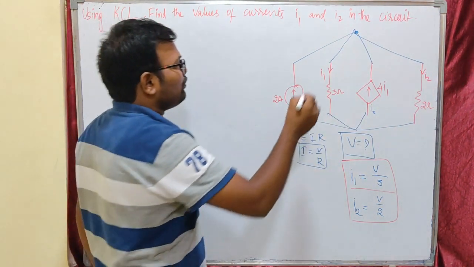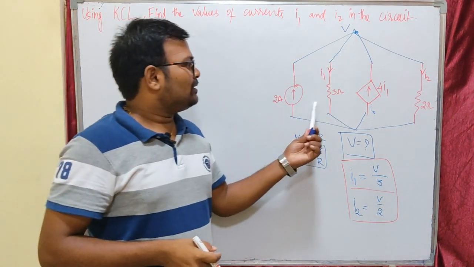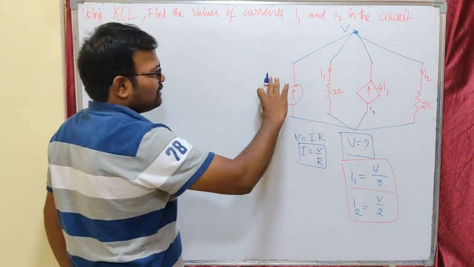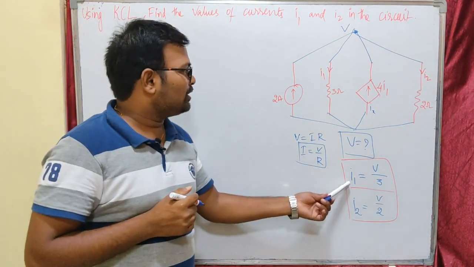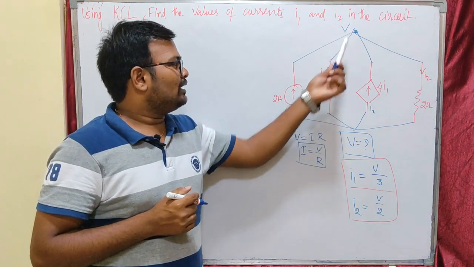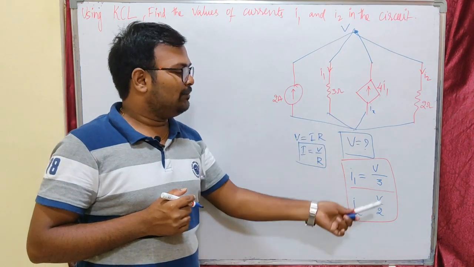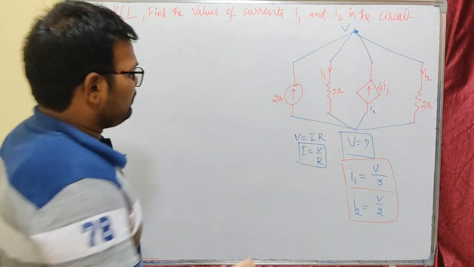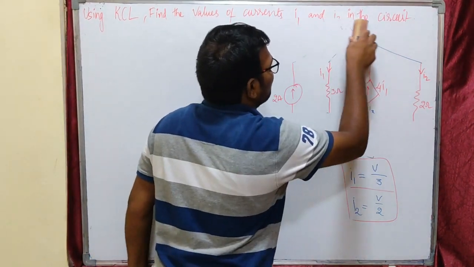So if voltage V is available in the parallel circuit, the same voltage is applied on each and every element in the parallel circuit. The voltage across each of these elements is V volts only. That's why I have written I1 equal to the voltage across the 3 ohms resistor, V, divided by its resistance value, and I2 is the voltage across the 2 ohms resistor, which is also V because it is a parallel connection, divided by its resistance value. So this is one thing to observe in a parallel network: the voltage across a parallel network is the same.